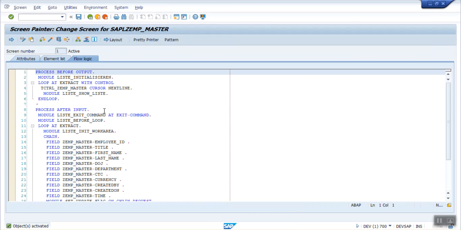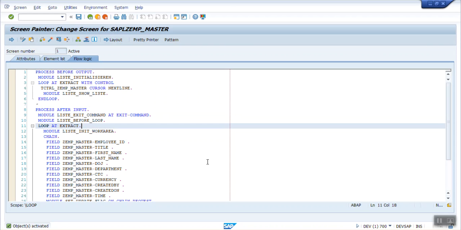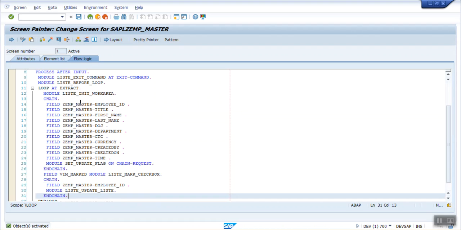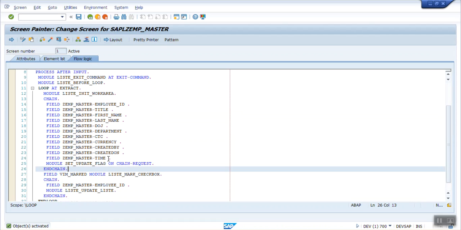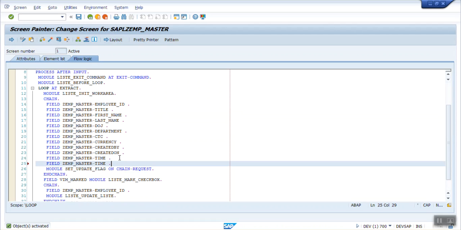in the flow logic, process after input. You can see here there's a loop, and between chain and end chain we have to add the new field. So here add our new field, that is designation. Save, check and activate. Now I also want to change the position of the field.